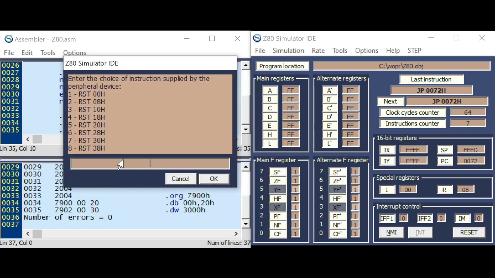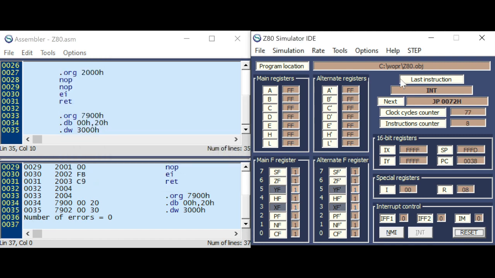Interrupt 38, that's 8. And he will jump to address 3000. Well, there are only no operations here because I haven't put code in here. Okay,